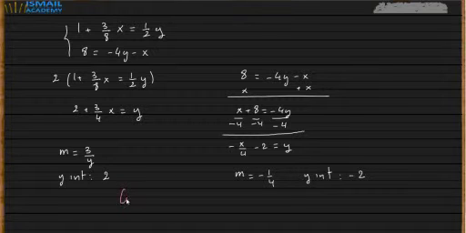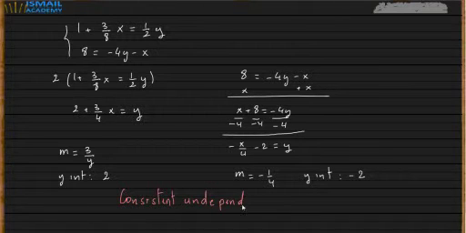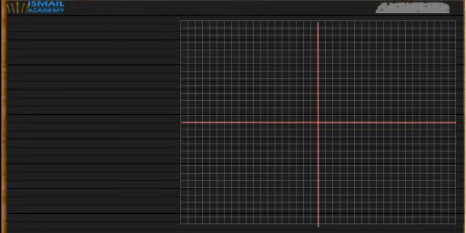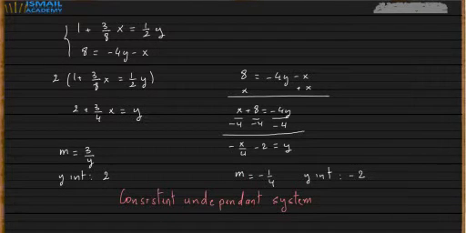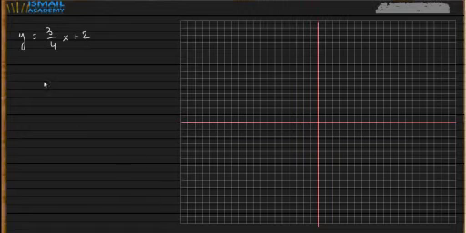So this is a consistent system, so we have a solution. So we are going to graph both lines and see what the solution is. Alright, so let's do the graph. So we have the first equation is y equals 3/4 x plus 2, and the second equation is y equals minus x over 4